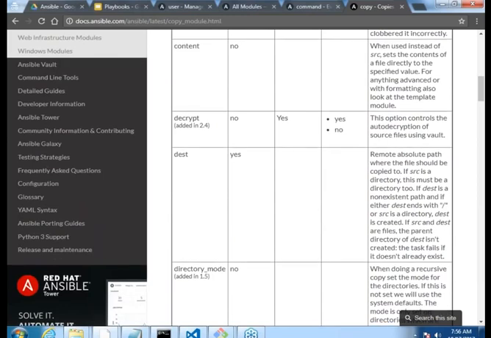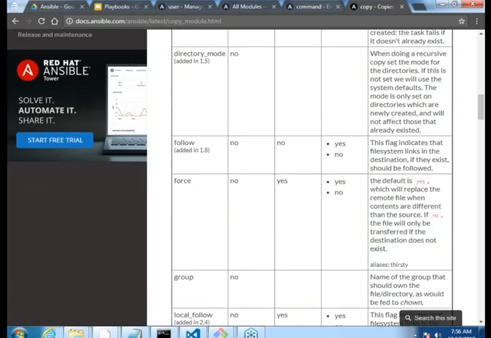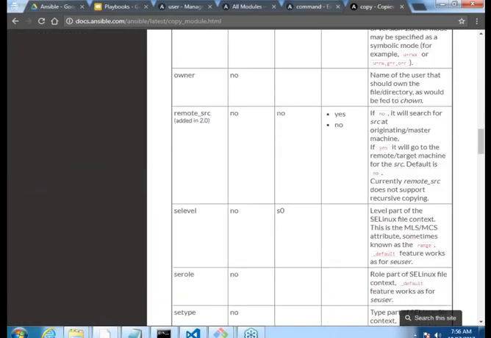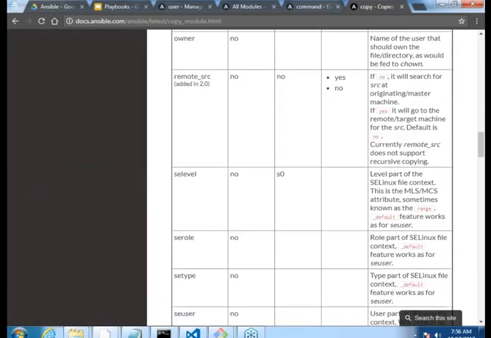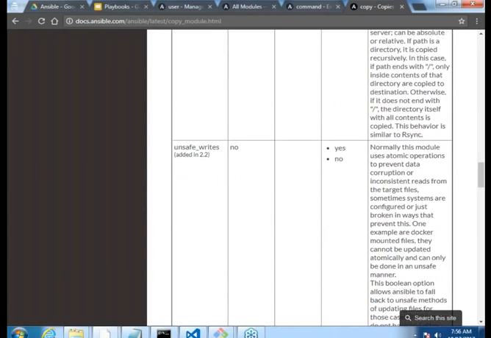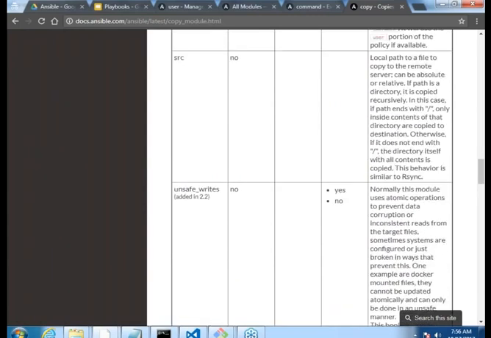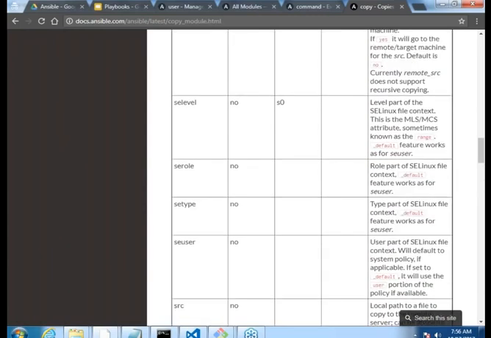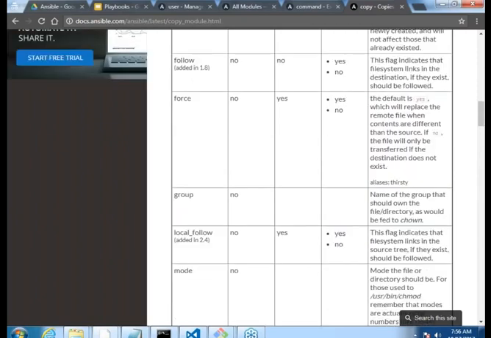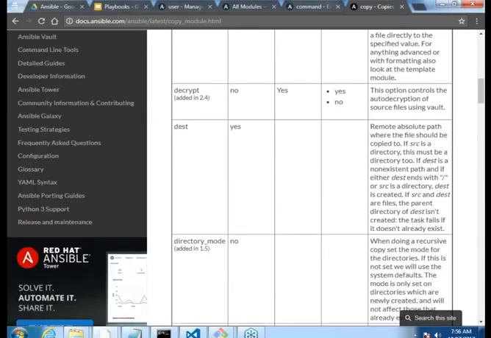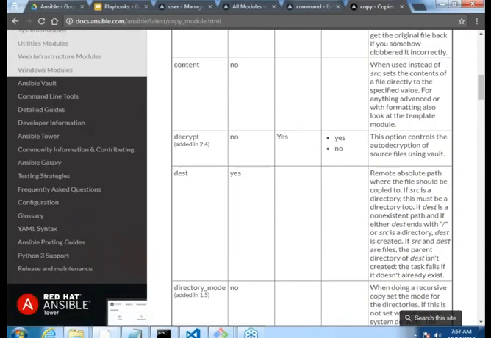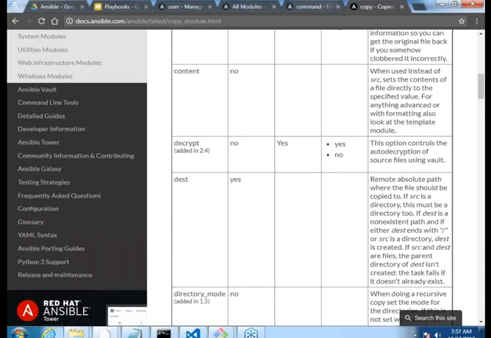Destination, directory mode, all of this. What is the important stuff out of it? Where is yes? I think I missed it. Destination is yes. So destination is a mandatory property we have to give whenever we are working with the copy module.